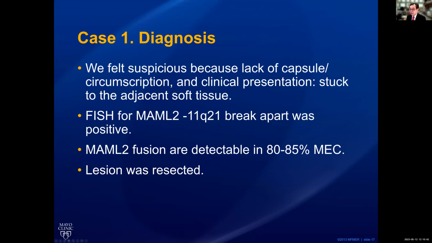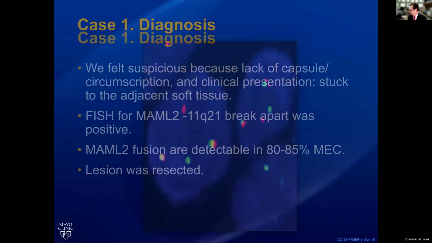However, MAML2 is very valuable in making the diagnosis of mucoepidermal carcinoma, particularly when it's so bland and low grade. Confirming with MAML2 is good practice. And 80 to 85% of mucoepidermal carcinomas are positive for MAML2 rearrangement. So the lesion was resected, and